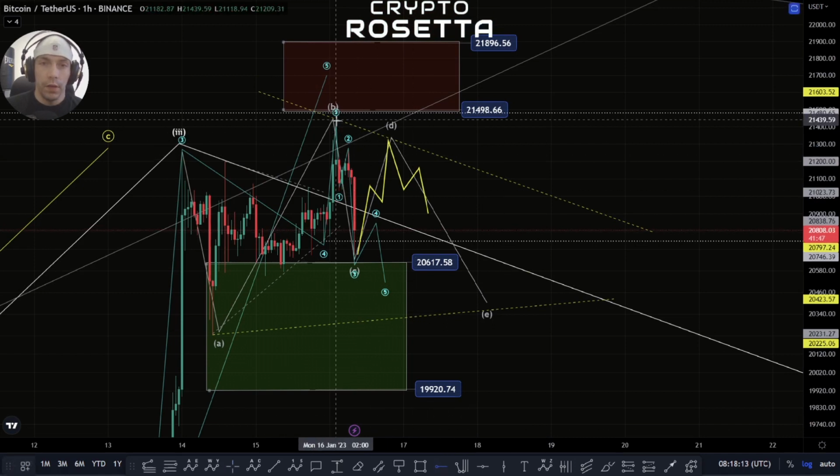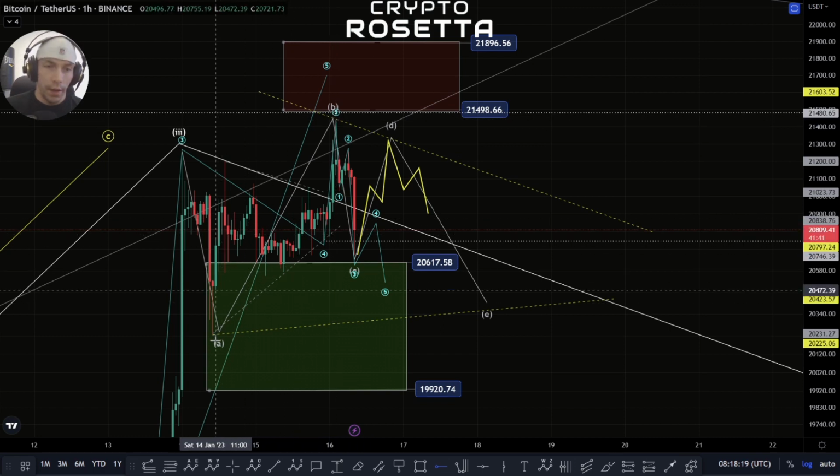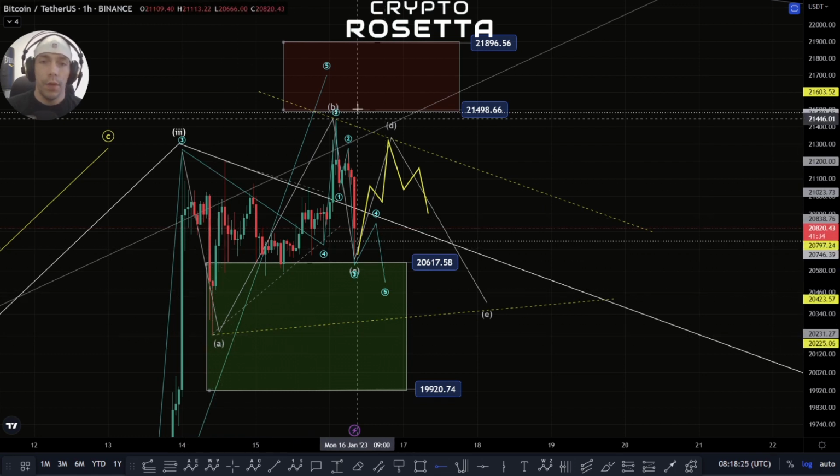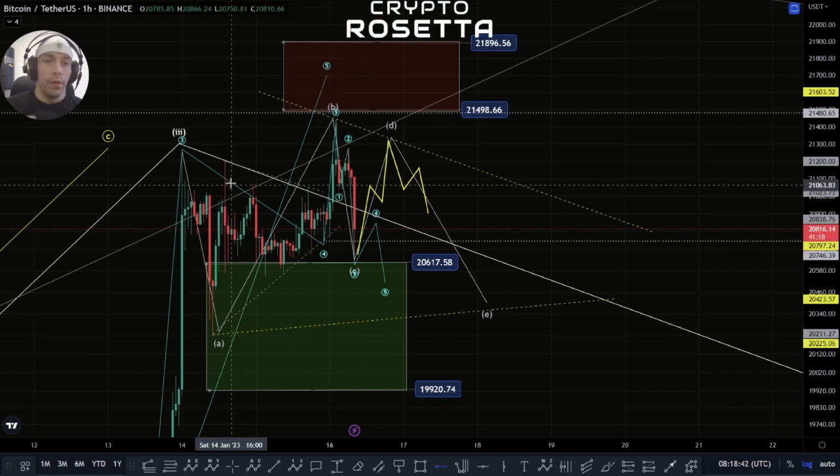for as long as we stay in this range of 21,439 and this lower range of 20,225. If we break either above this or below this, then it would indicate that there's some other structure going on here. And what we'd have to be looking for is the potential that we're actually still within this. We're still within this 5-wave move, and the only way that would make sense then is that if we are